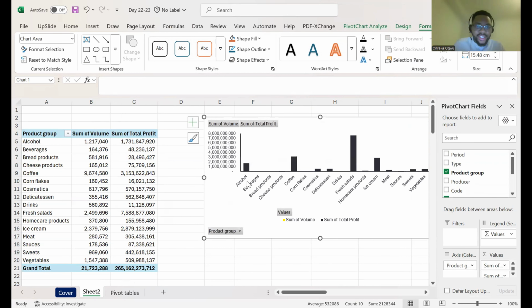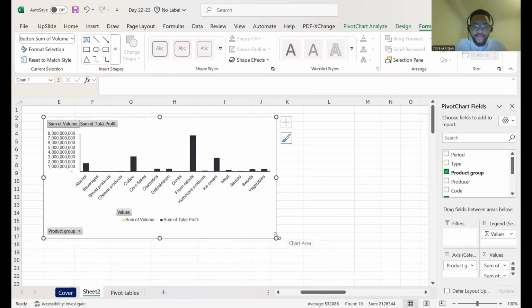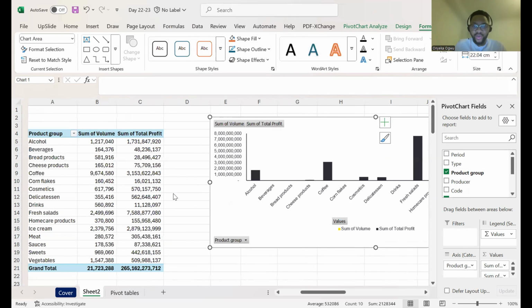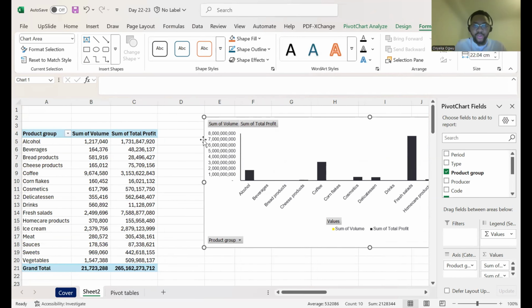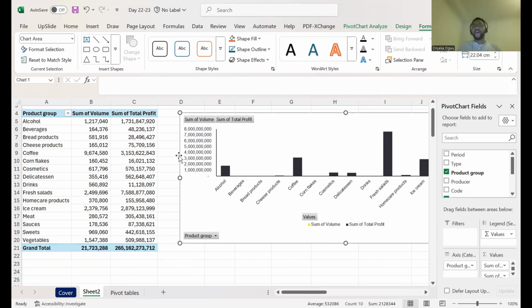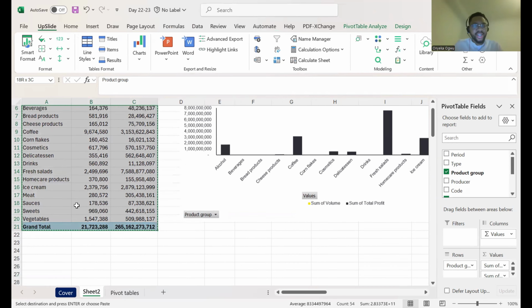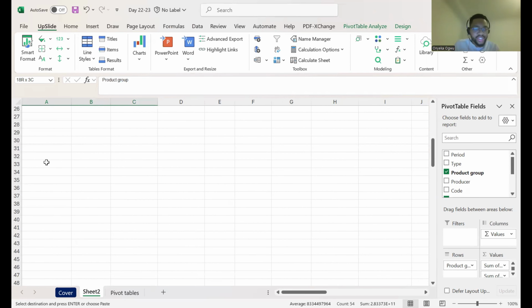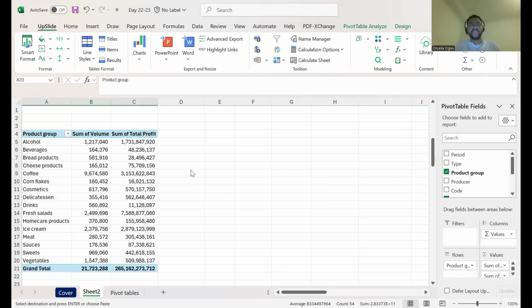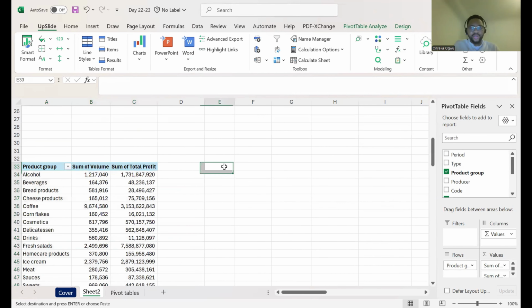So we have the sum of products and the sum of profit, which will obviously be the same proportion. We have a chart that shows the proportion of the volume and profit. So let's say I want to do another chart now. Let me bring this further down here. I hope you can see my screen. And so if I copy this